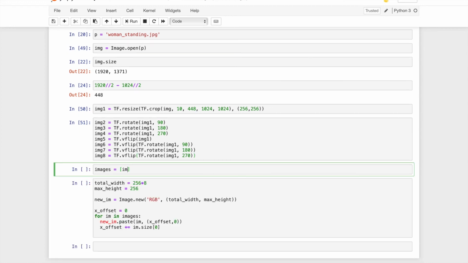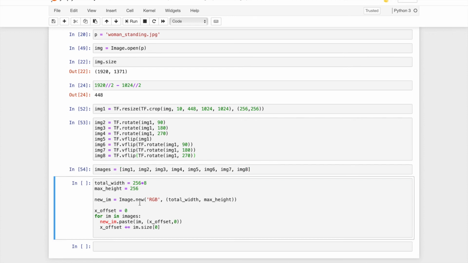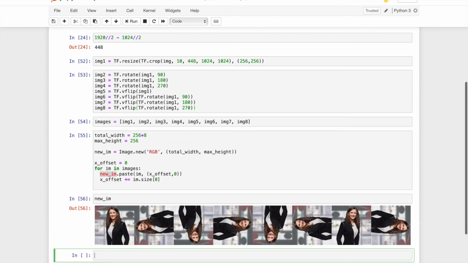I'm going to make a list of all these images. All of them are stacked together. Let's have a closer look at all of these 8 images. So in the first image, you can see the woman is standing straight. Her hand is pointing towards the right. In the next, it's pointing towards up, then left, then down. Now in the fifth image, you can see it's again pointing towards the right, which is similar to